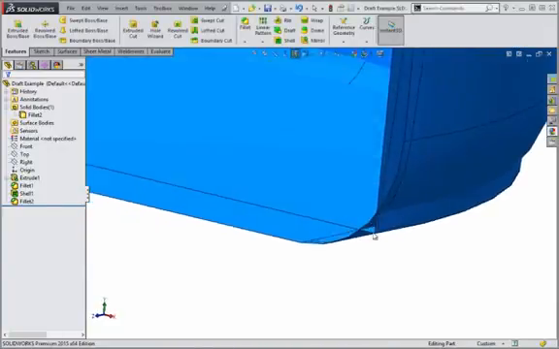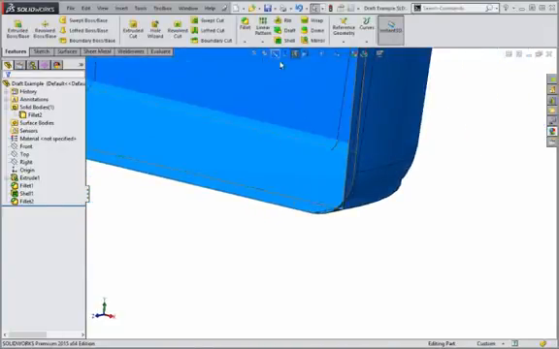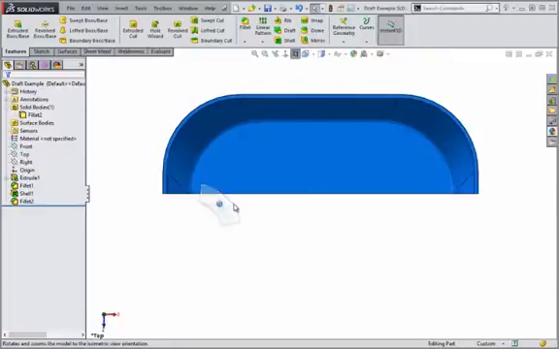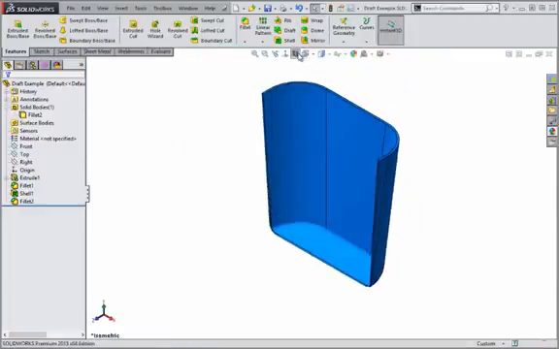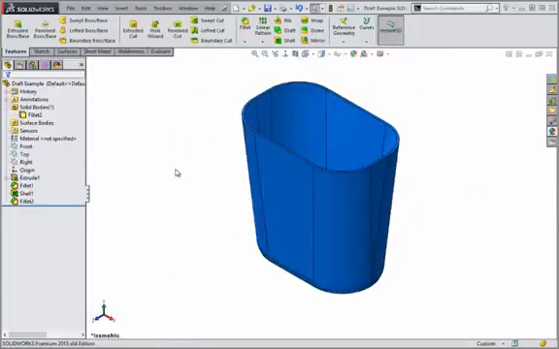This functionality is the basis for all SOLIDWORKS modeling and must be considered when forming your design intent. In the next lesson, we'll continue adding to our bin model by creating